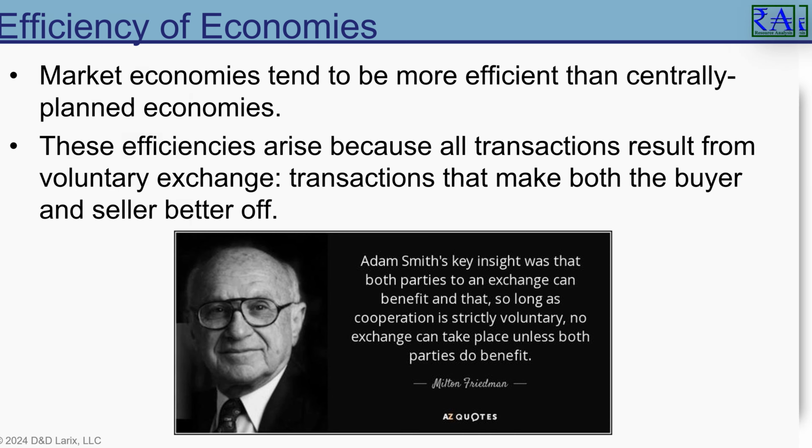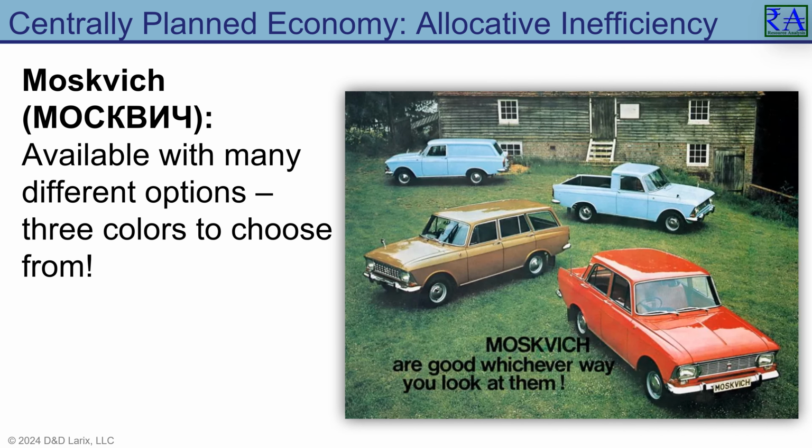In the 1990s, I lived and worked in the newly independent states of the former Soviet Union, where 8 decades of a centrally planned economy had existed. There was one brand of car on the streets, the Moskvich, which was made to a uniform design and available in just 3 colors. What a selection! This is a prime example of allocative inefficiency. It wasn't about what consumers wanted, it was about what the centrally planned economy provided. The limited variety and lack of consumer choice highlights how centrally planned economies often fail to meet the diverse needs and preferences of their populations.